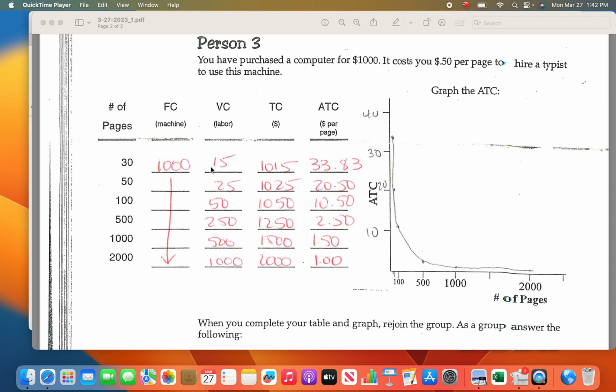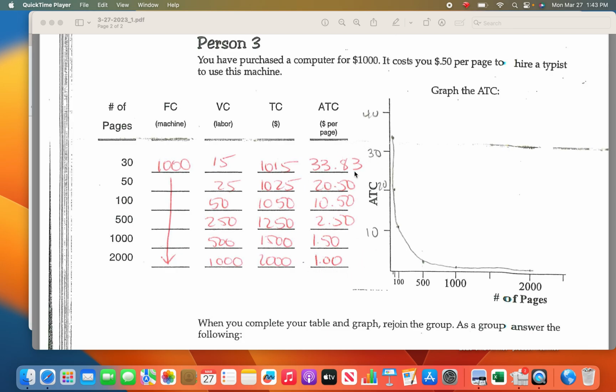And then we're going to add these two together to get your total cost, and we're going to take our total cost divided by the number of pages to see if it's $1,015 for 30, how much is it per page? And so it's $33.83 if we're only going to type 30 pages. Per page it's $20.50, $10.50, $2.50, $1.50, and $1. And so we're going to change these numbers to 10, 20, 30, 40 because we are graphing the average total